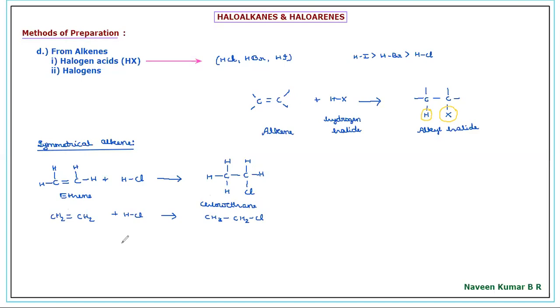Anything can be preferred, but the complete structure will be preferable because you can easily remember how the addition reaction takes place with the tetravalency. So this will be simple when the addition of halogen acid is to a symmetrical alkene. If it is to an unsymmetrical alkene, which is very important, you can expect a differentiation question here, both for 1 mark and 2 marks. So we'll try to observe that now.